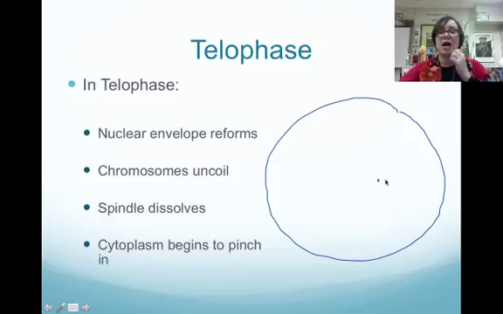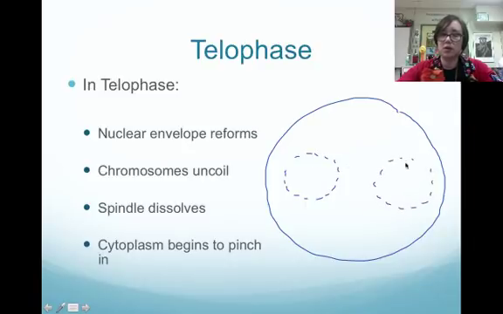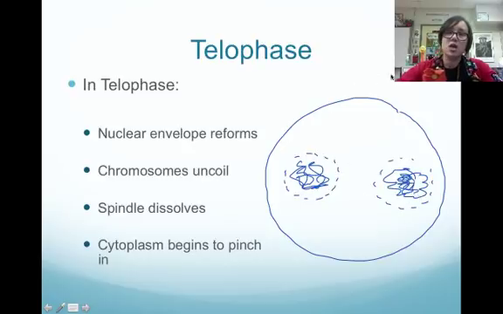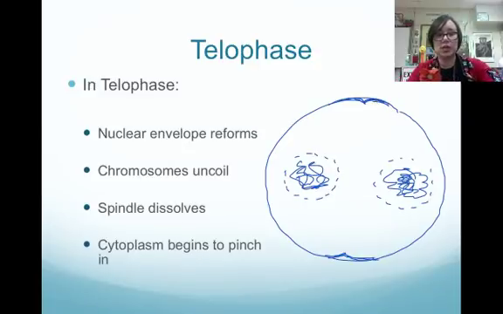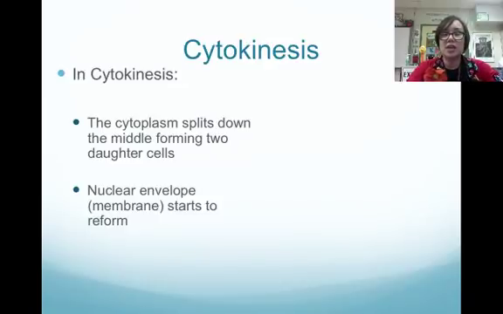So here is my cell. Now I'm going to start to have my nuclear envelope start to reform. I'm going to have my loosey-goosey DNA again. It's no longer chromosomes because I don't need to worry about separating it. And what's going to happen is here we're going to start to see the cell pinch in a little bit and pinch in a little bit right here. Our cell membrane is going to start to pinch in because, now that we've separated the nucleus, we need to start thinking about separating the cytoplasm, which brings us to our last phase of the cell cycle,